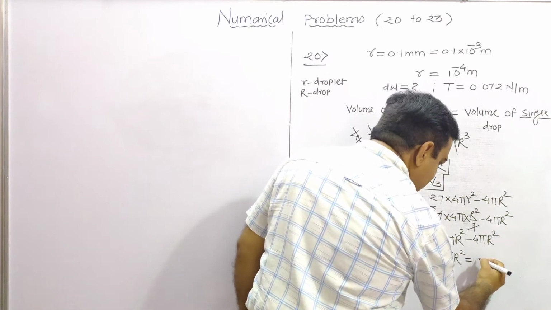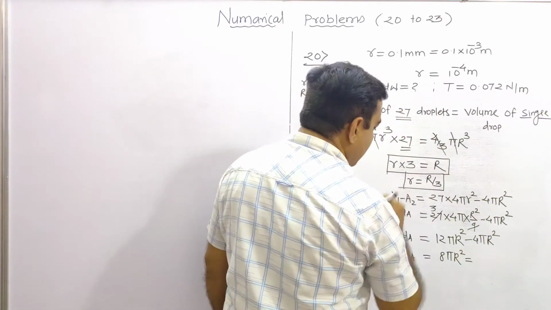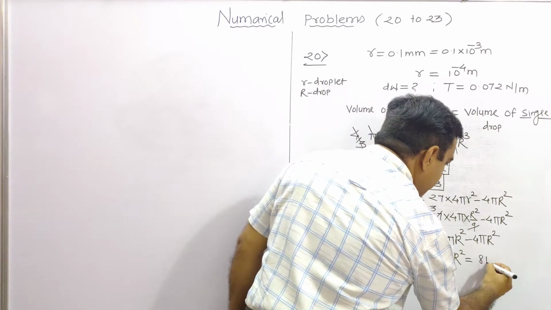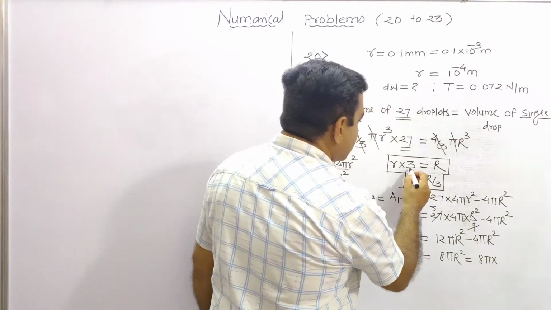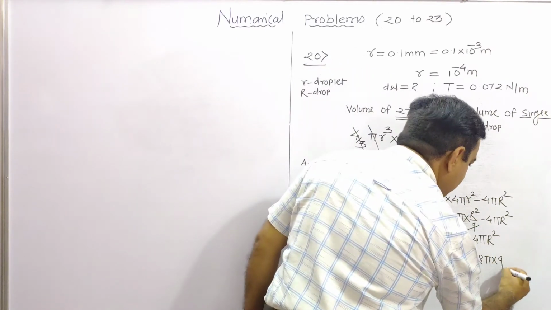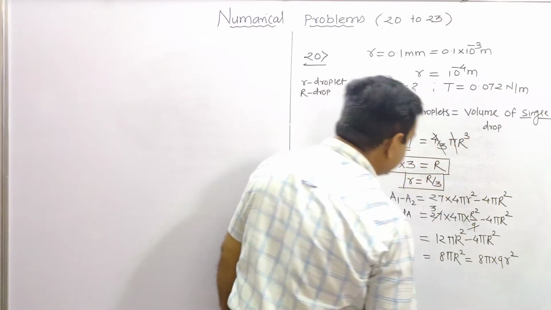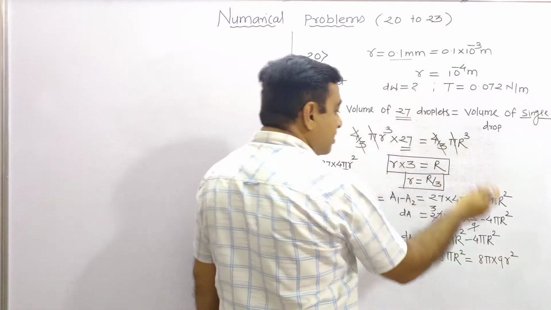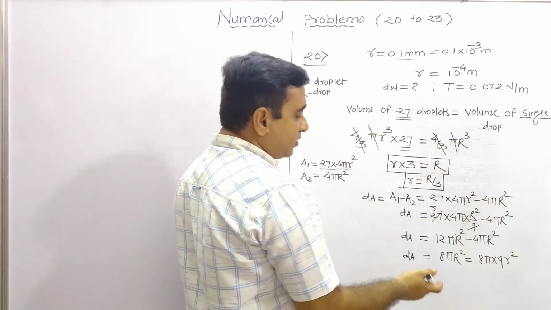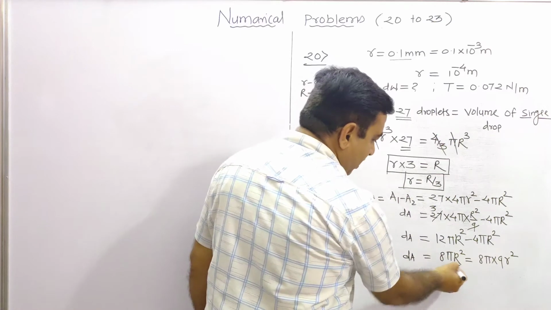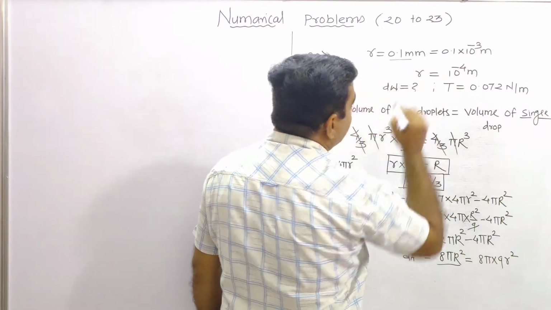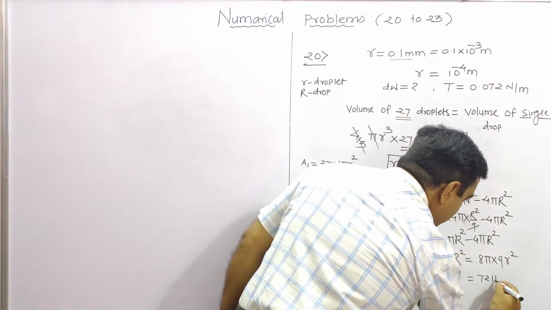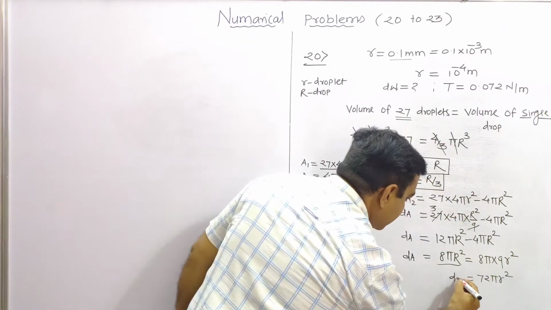So here, instead of that one, I am going to write R is equal to 3r. So how much is the answer then? 8 pi into square of this, which is 9 r square, because the radius only is given, not the capital R. That's why we are going to express this in terms of small r. Otherwise it is okay to have this formula, but the small r value is given. So 72 pi r square is the dA.